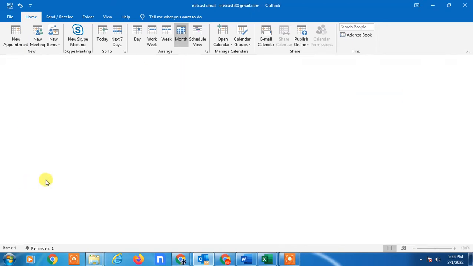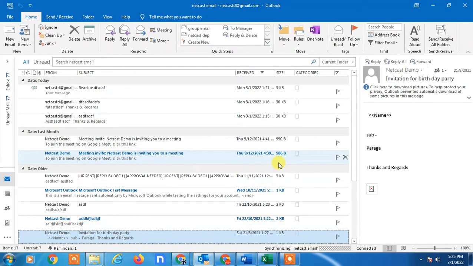Okay, so here I'm on my Outlook. So go to the mail. In the first step we need templates, auto forward templates. You need to create templates first to auto reply on mail. So just create a new mail, and here